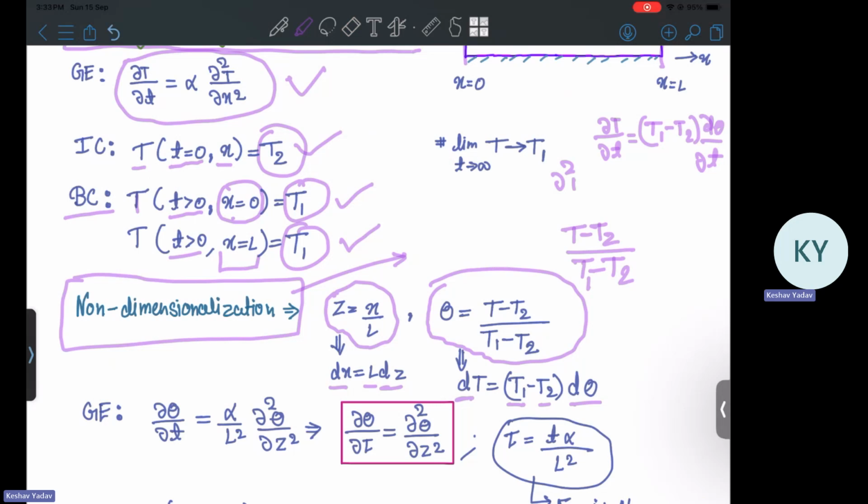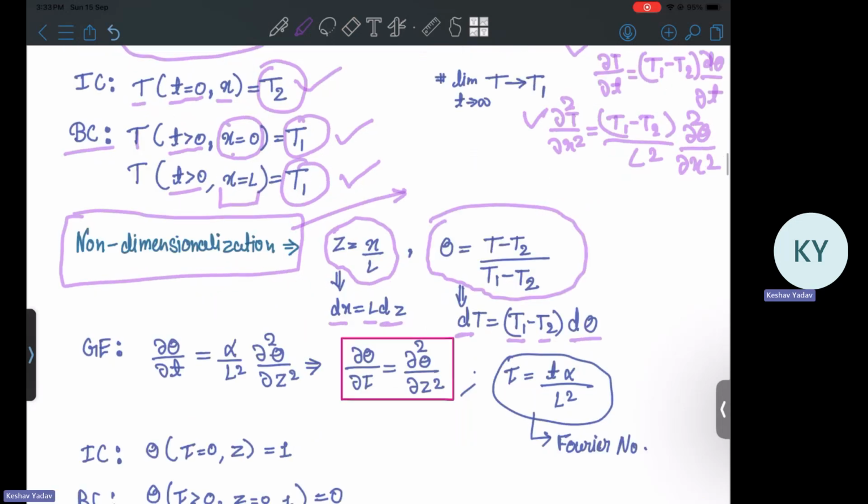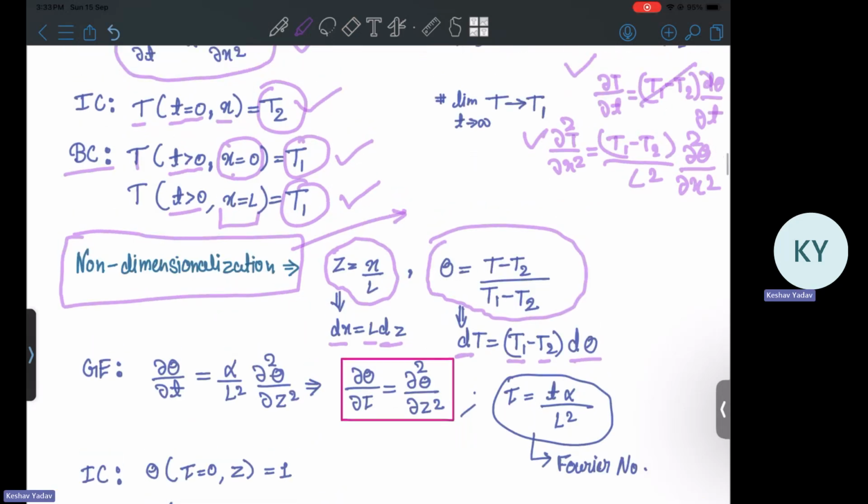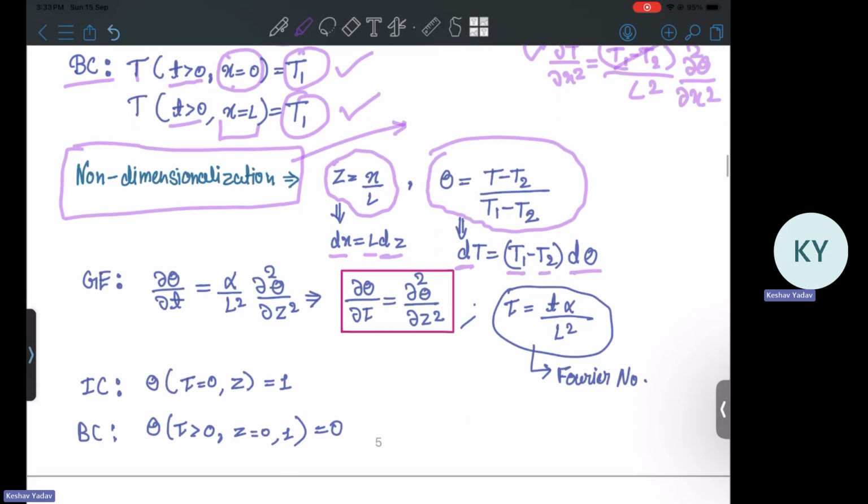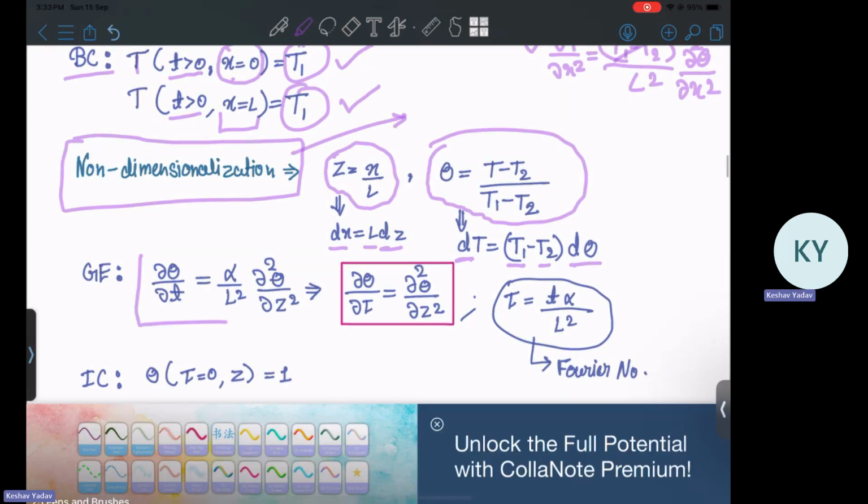Similarly, this del 2T upon del x square will be equal to (T1 minus T2) divided by L square, del 2 theta upon del z square. Okay. Now this value and this value we will put in this equation, and from both sides this and this will get cancelled. So we will get del